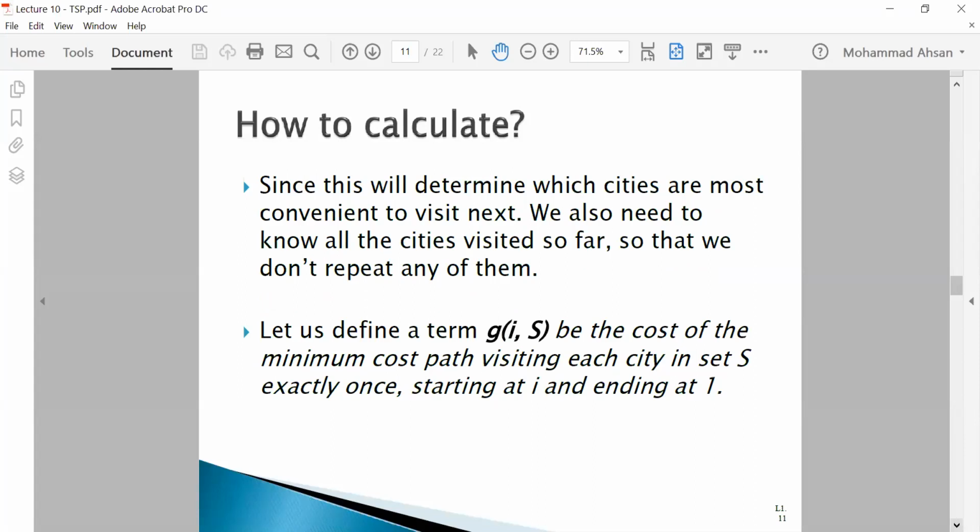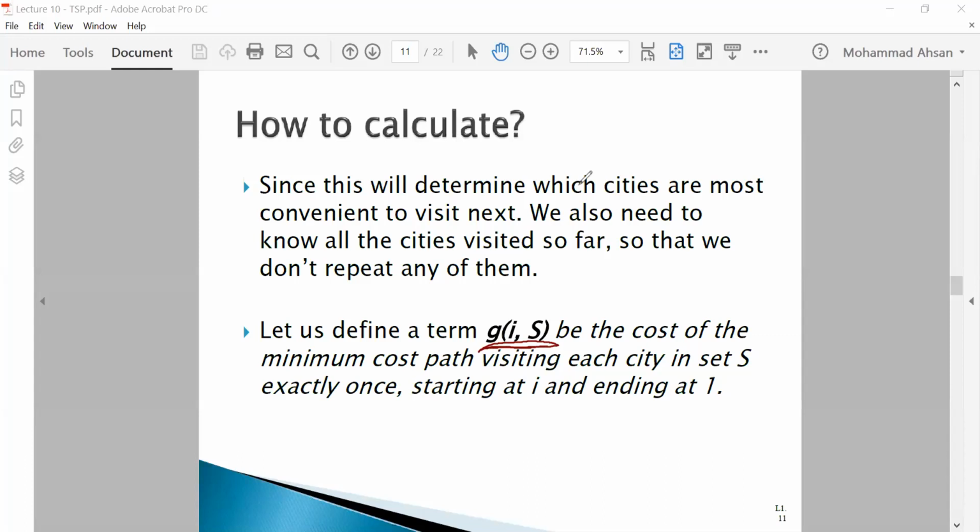So let's first define a function. What are we trying to calculate? We are trying to calculate the length of a tour. So we need to store that length somewhere. So length, or you can say the cost of the tour or the minimum cost. So if G(I, S) is the cost of the